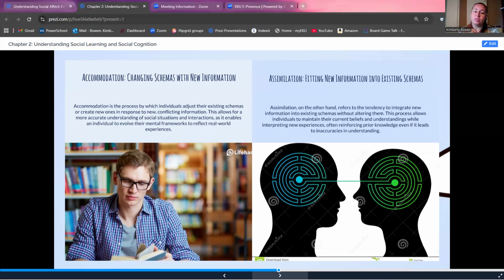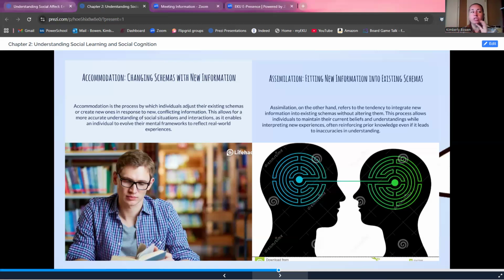So an accommodation is really changing those schemas because we've gotten in that new information. So a lot of college is changing schemas, right? We have all these things set out for us in our general education. Hold on. And then we come in and we're like, okay, but wait, there's more. Most of college is the, oh, wait, but there's more. And it's really changing those schemas to understand the, oh, wait, there's more part, that allows us to really expand on a topic, that allows us to critically think, that allows us to view the world around us. Now, sometimes it doesn't always work.